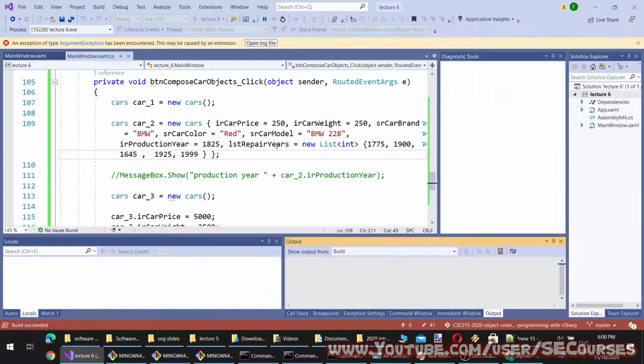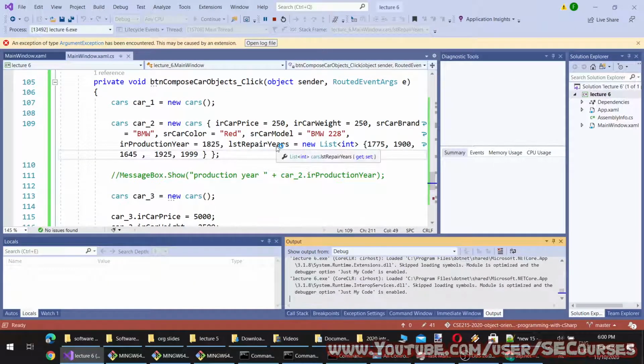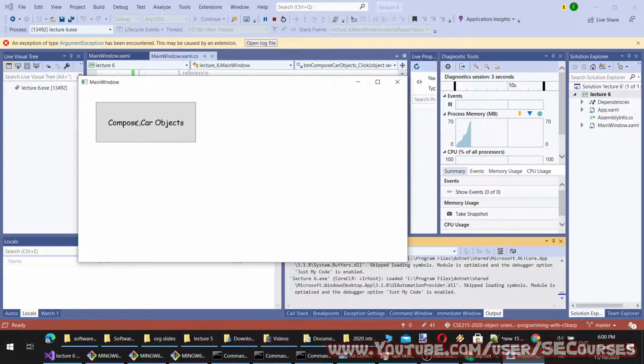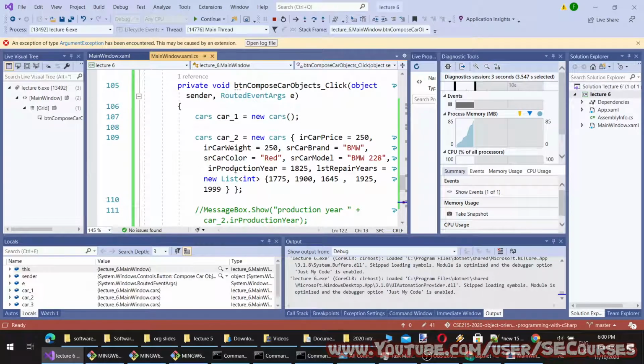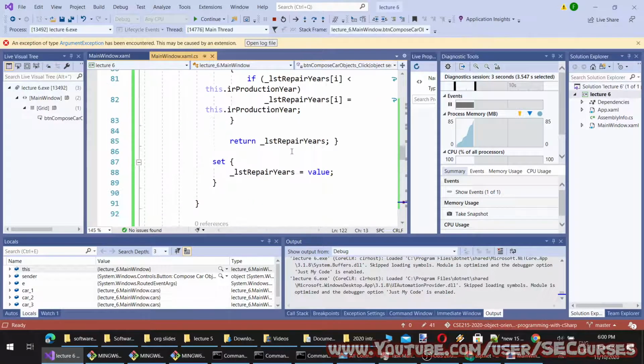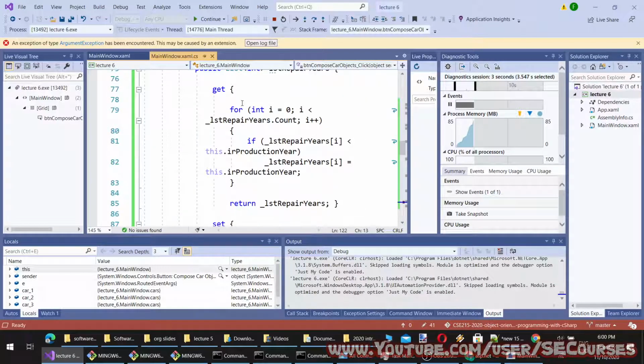Let's see how it will work. I have never used this, so I am not sure how it will behave, but we are making some extreme examples here. Okay, so let's check car 2. Let's check the repairs. Oh, okay, so it is working right now. You see, the minimum repair year is automatically modified like this.